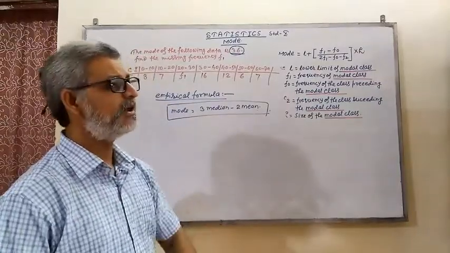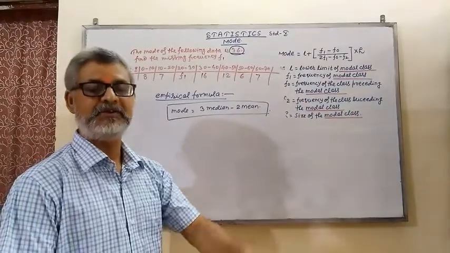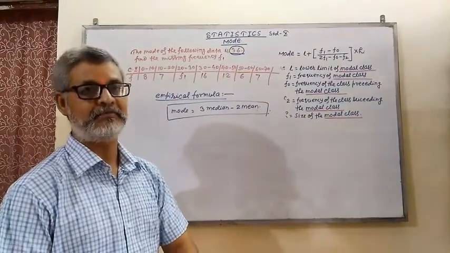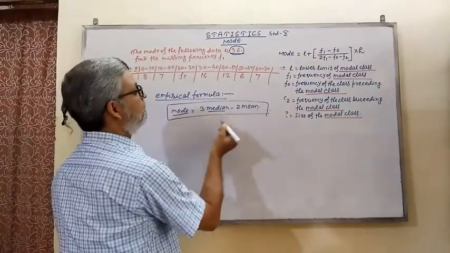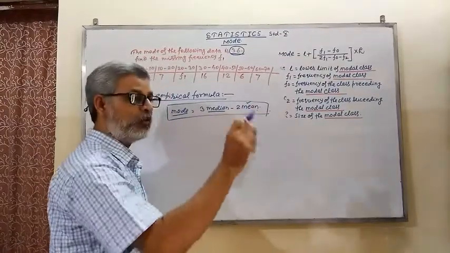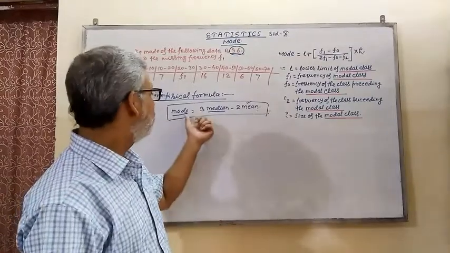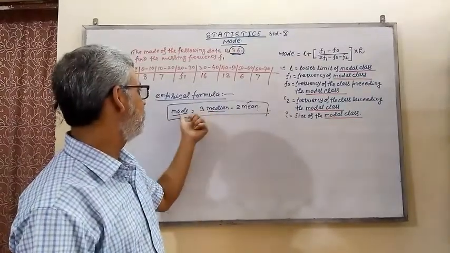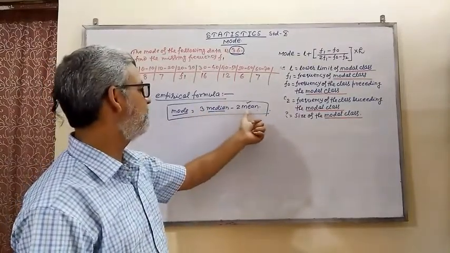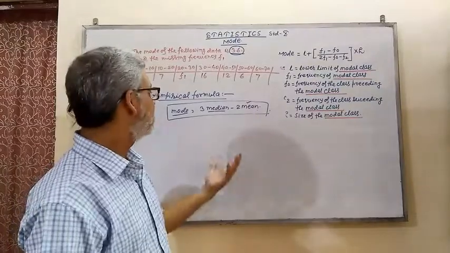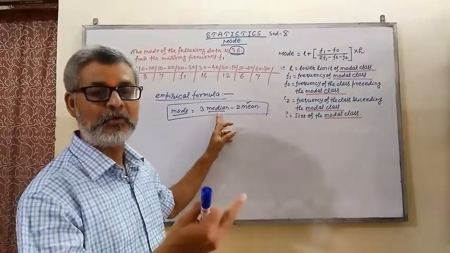Second thing, sometimes objective questions are also given based on this concept. This year in the board exam an objective question was also given. Sometimes the median is given, the mode is given, and the question asks what is the value of the mean, with 4 options given, and you find which option is correct. If you know this formula, you can easily substitute the values and simplify to get the mean. Sometimes the mean is given, the mode is given, and the question asks what is the median, with 4 options.